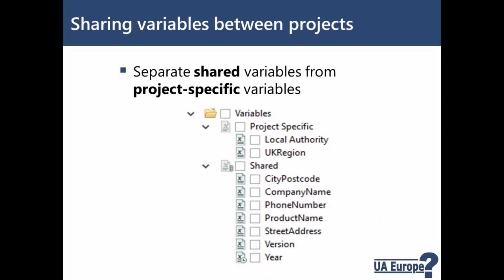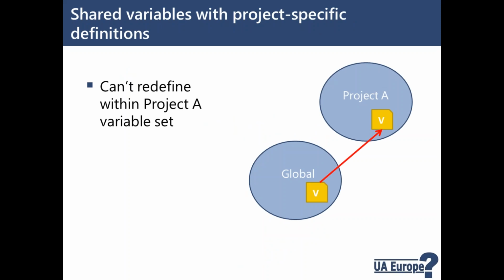The way I then define that is in my target. Do you remember we said we can define variables in the target? So what I'm going to do is, because I've imported my variables from the global project into project A, I can't then edit the variables in project A. I can't redefine the variables. So what I'm going to do is define the variable in my target. So I'll have a product name variable, and in the target for project A, I will insert the name of the particular product.